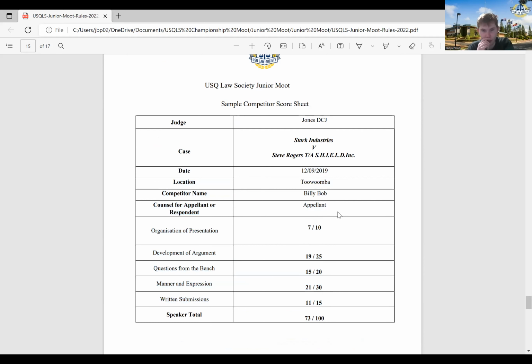That was a change from last time around. Last time it was worth 5. I forgot I had bumped that up to 15. So it'll be worth 15 marks instead of 5. So I do apologize for misleading you. But again, if you literally just do a satisfactory job, you get 8 marks. So that's still a pretty decent amount of marks to get. And that's what your score sheet will look like.